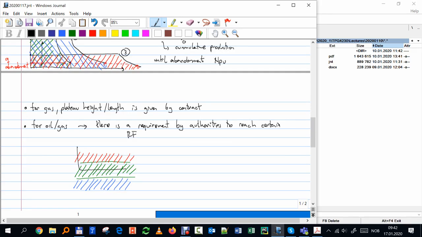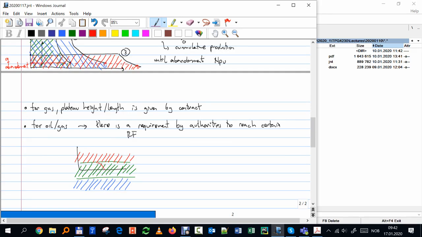If you increase it too much, you start having coning from the gas layer. You start to have cusping or also coning from the water layer. You might also have problems with the stability of the formation. You might start to produce too much sand. So usually higher rates can cause a high GOR, high gas production, high water cut,